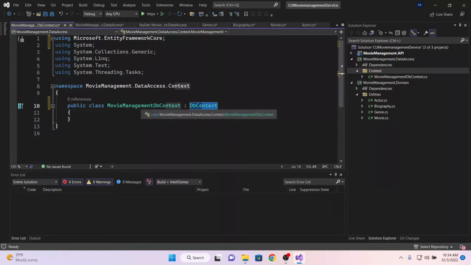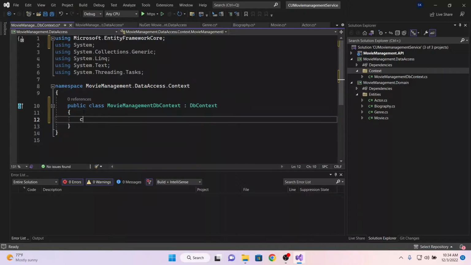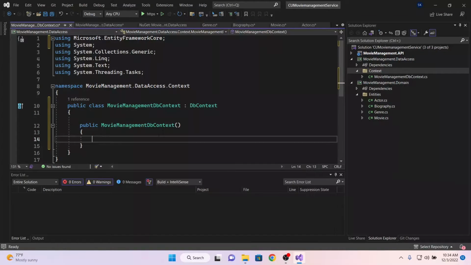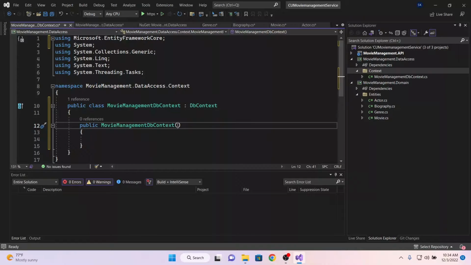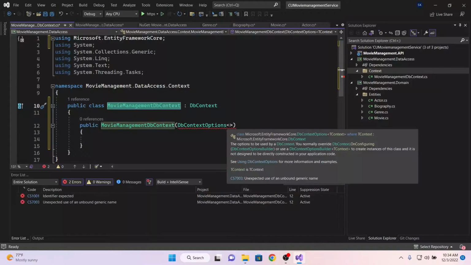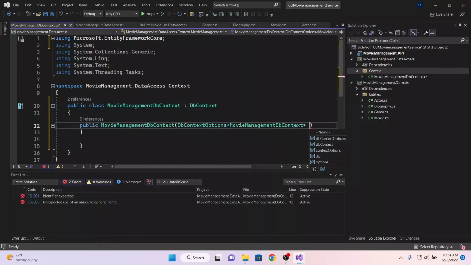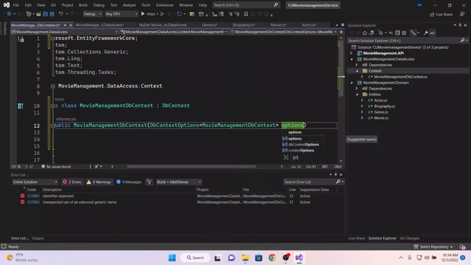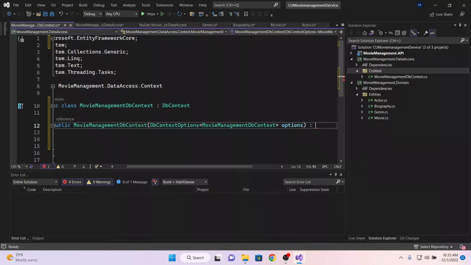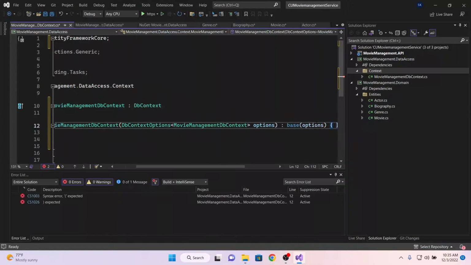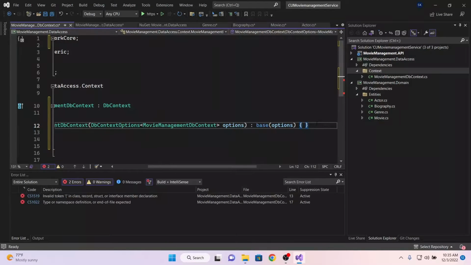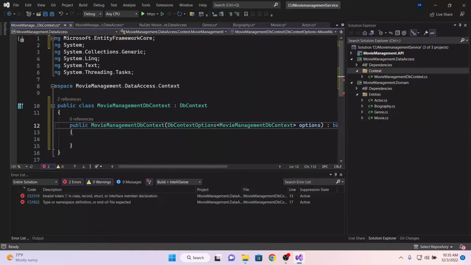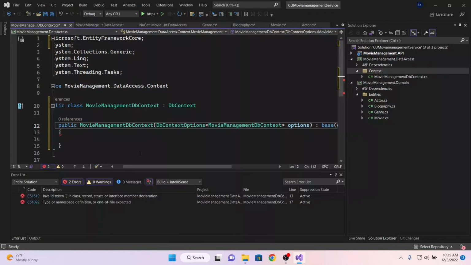All right. So for you to access this context, you need to have a constructor, and this constructor takes in what we call DbContextOptions. So DbContextOptions just takes in the name of your class, and you're going to give it the options, and I'm going to show you this as we're proceeding. And then you're going to give it the base, and the base is going to have the options. All right, like so. Okay,